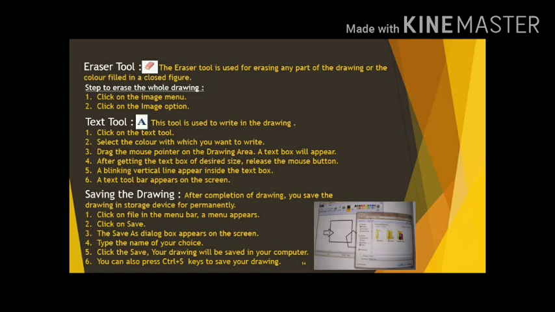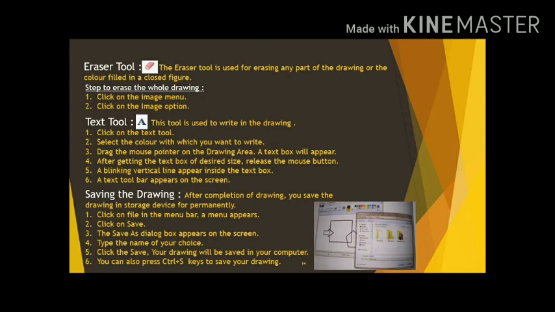Saving the drawing. After completion of the drawing, you have to save it in a storage device permanently. Steps are: first, click on File in the menu bar. A menu appears. Second, click on Save. Third, the Save As dialog box appears on the screen.